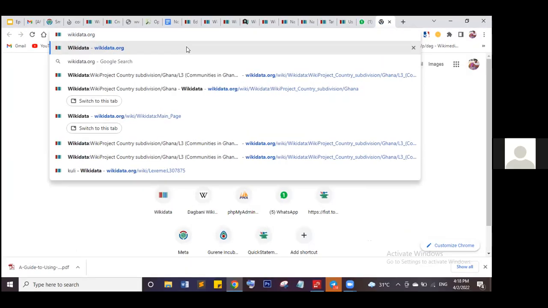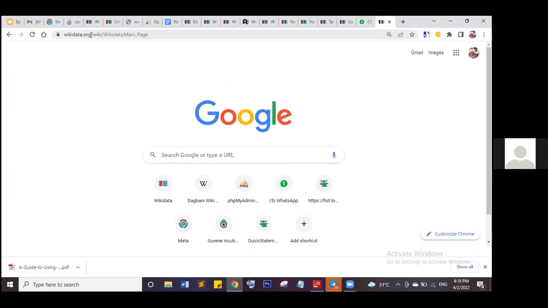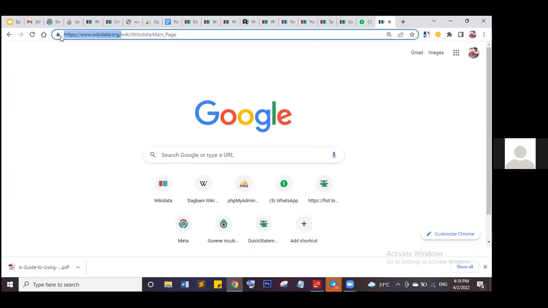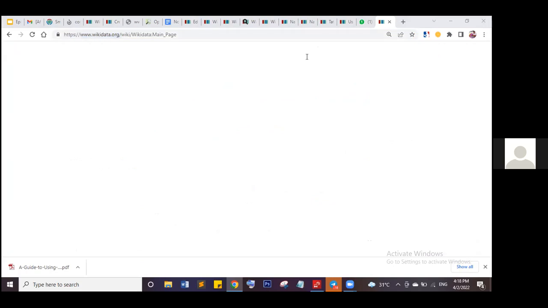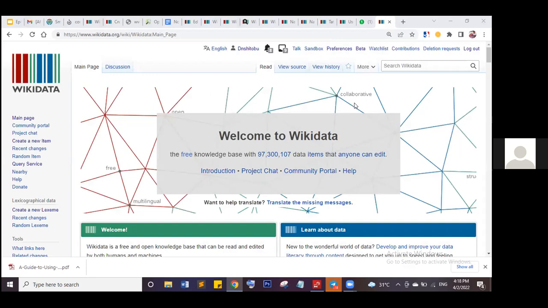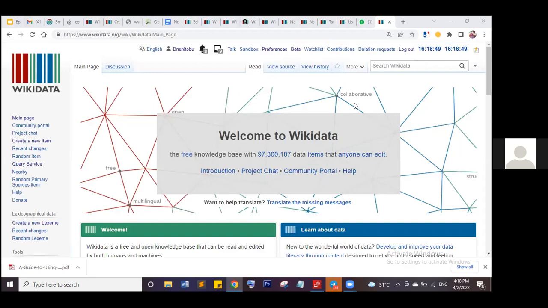If you type wikidata.org, it's going to take you to the site. So you can check in the chat box for the URL. Okay, I guess it's still loading. All right. So this is the home page of